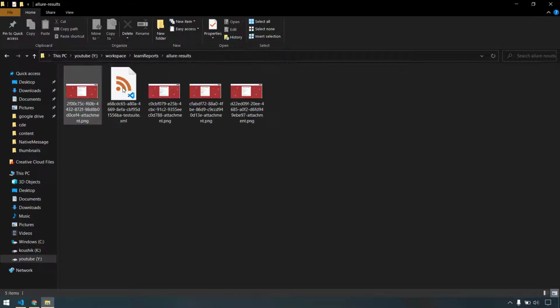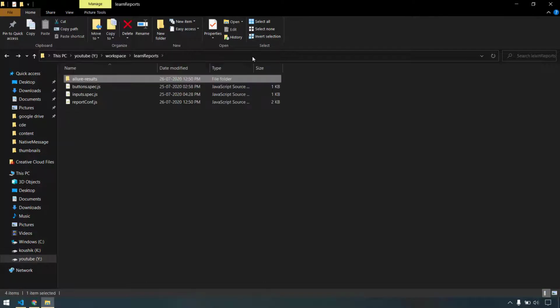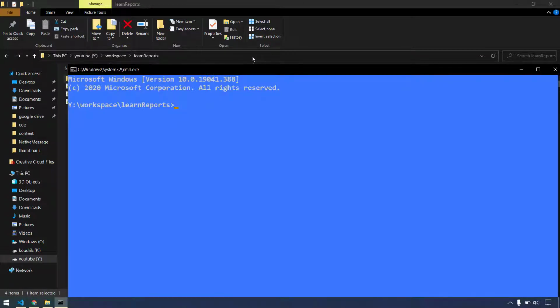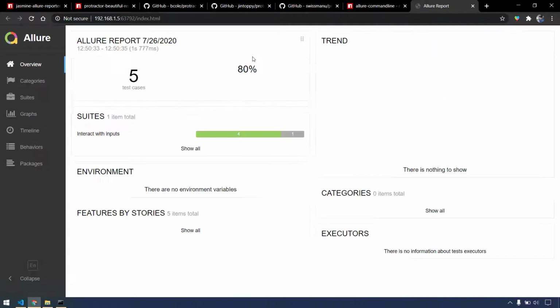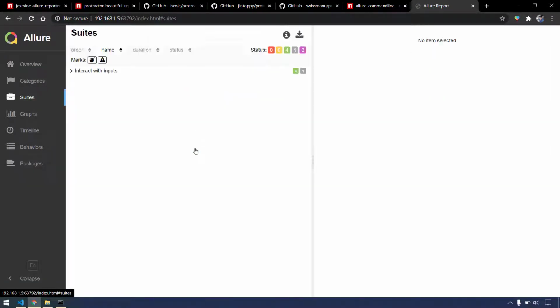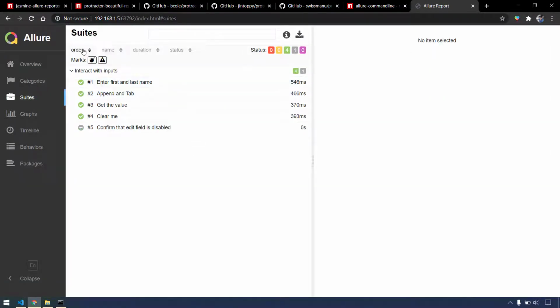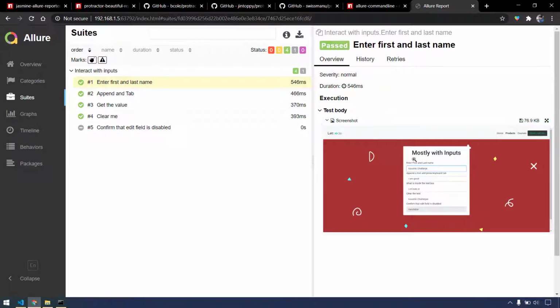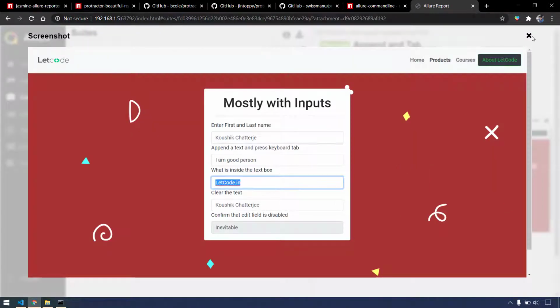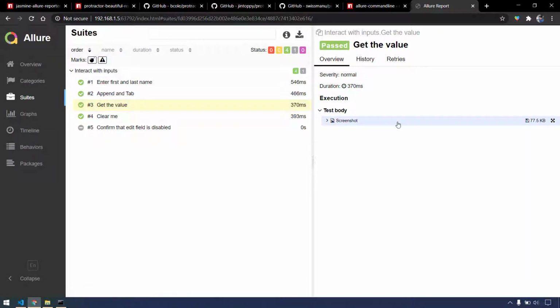Here you can see that we got this Allure result and with screenshot as well. Now I have to again open the command prompt and then say allure serve. And here you can see that we are able to get all the results with the screenshot as well, right? So after each and every spec we are able to get the screenshot, right? So here you can see that in the maximize, and that's it.